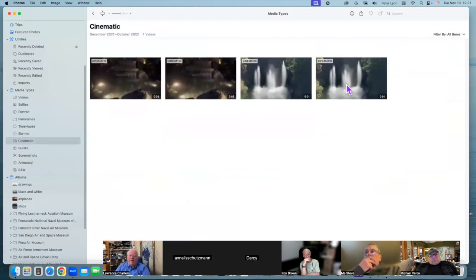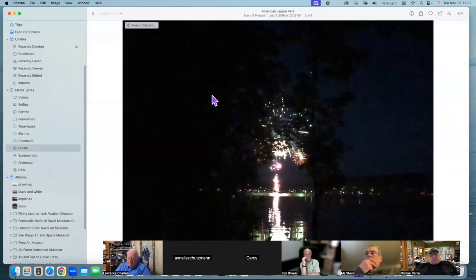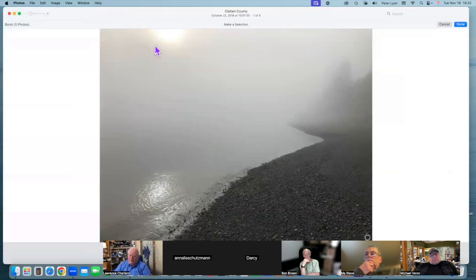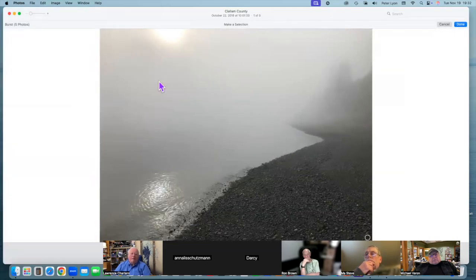Cinematic, this is a mode on the camera, and every time I used it, it was an accident, so I'm not going to bother to show this. Bursts are several photographs in one, and you can kind of go through them by saying make a selection, and you can pick out which photograph you want. Bursts are useful if you want to take a photograph of something that